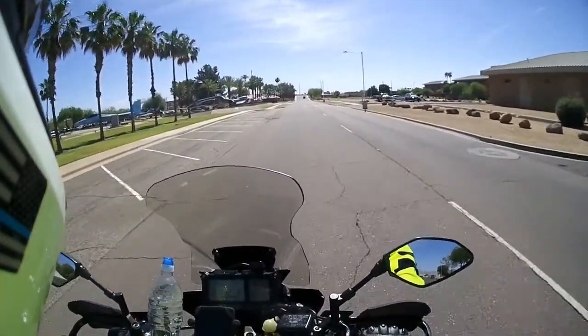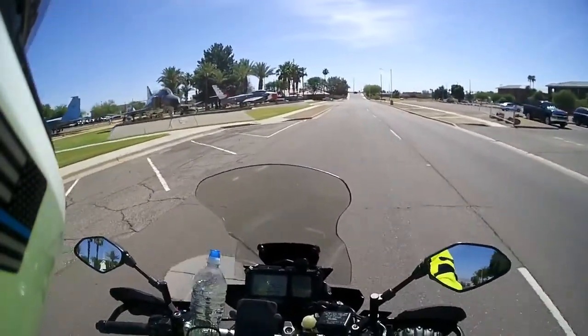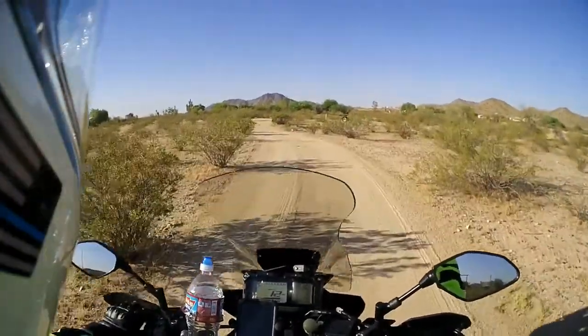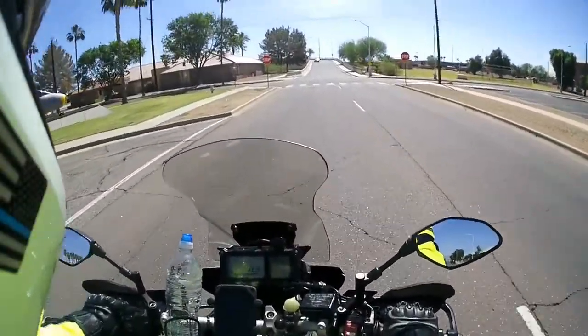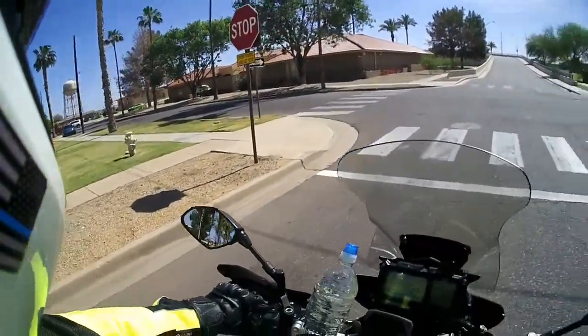But I don't really ride over curbs, and I don't ride off-road. I mean, sometimes an unpaved road, so I don't really feel that I need anything that's super strong. But I definitely needed something, because